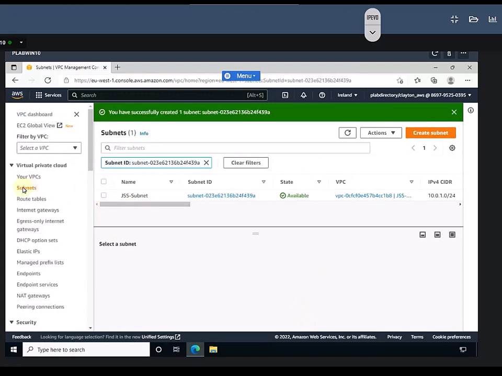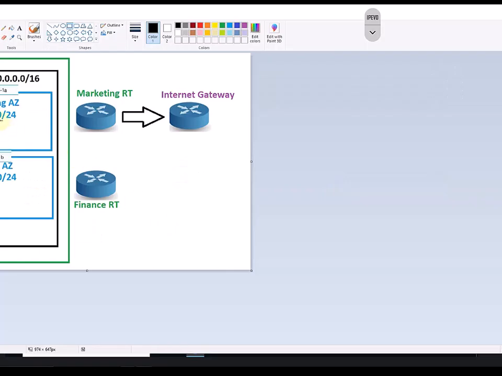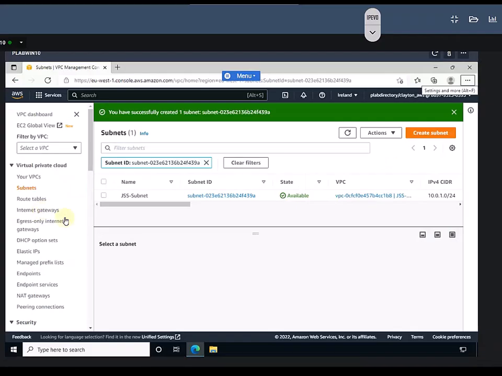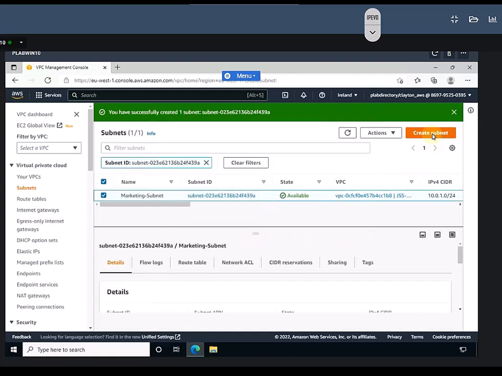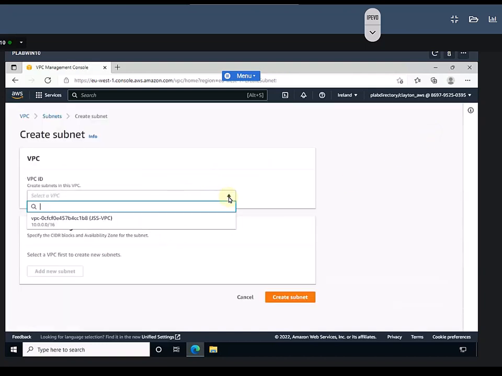So this one subnet has been created, but as per our topology, if I can show you, one has been created. Now we are going to create the one for finance. So this is JSS subnet, just name it as per our topology, marketing subnet. Okay, just to identify. After that we are going to create another subnet that is going to be under the same VPC that we created first,